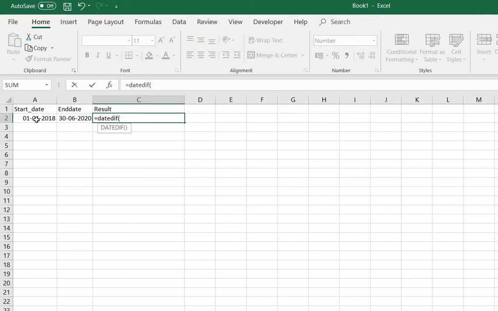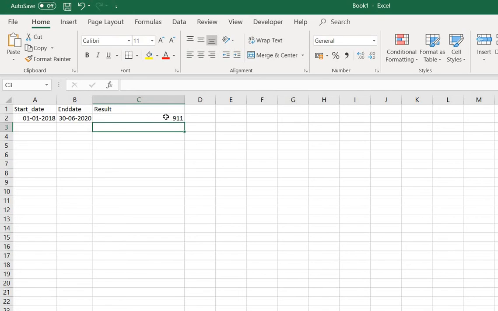Then you have to select your first cell, then comma, then the second cell, and then within double inverted commas you have to write D. D signifies the difference between dates. Then you have to hit enter, and it will show the result, how many days of difference.